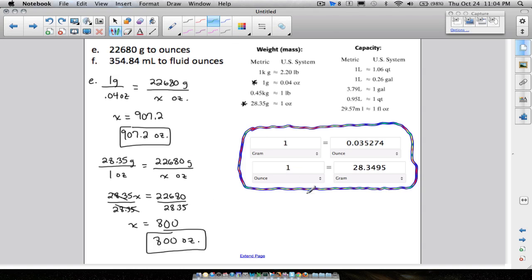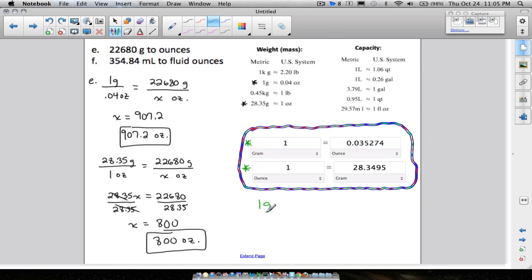Now, you might not really care about this, but it's worth talking about. Rounding can really throw your answers off. And as you can see, our answers are way different. So instead of using these two, let's use these two. I'm going to use this top one first right here.